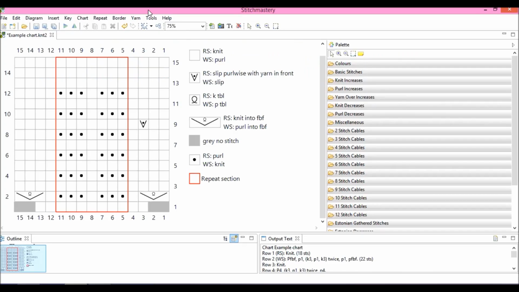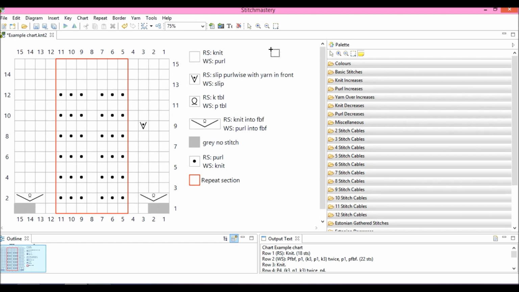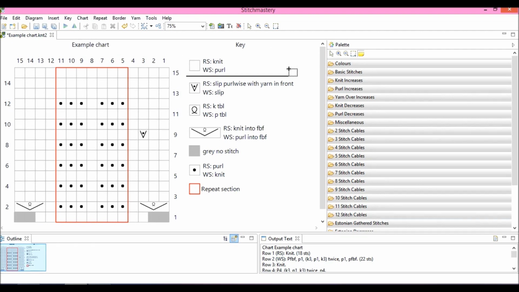This video is taking a quick look at the sticky notes feature in Stitch Mastery. To create a note, you'll find the sticky note icon above the Stitch palette, and it's a little yellow rectangle with a folded corner, and when you hover over it, it says Note, Create a Note. So we're going to click the left button on your keypad or mouse, and you'll see that the cursor becomes a cross with an extended rectangle.